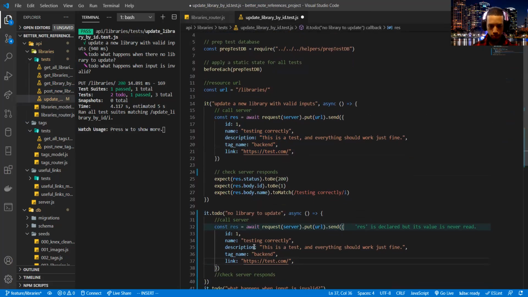For the first one, a little more semantic would be not a URL, not in tags table.